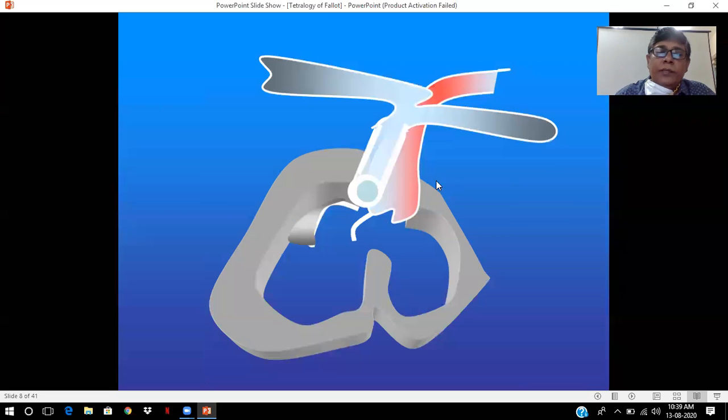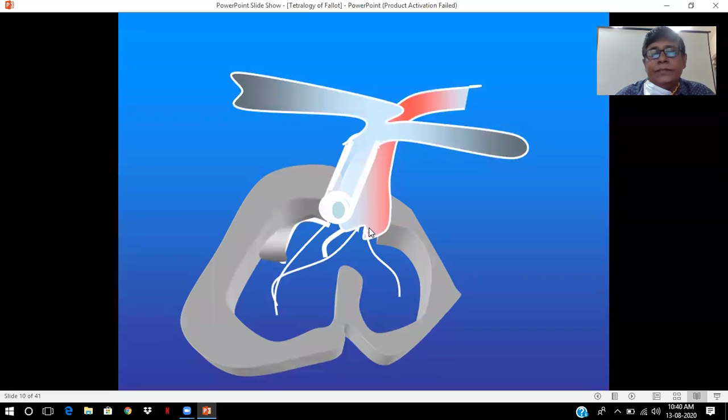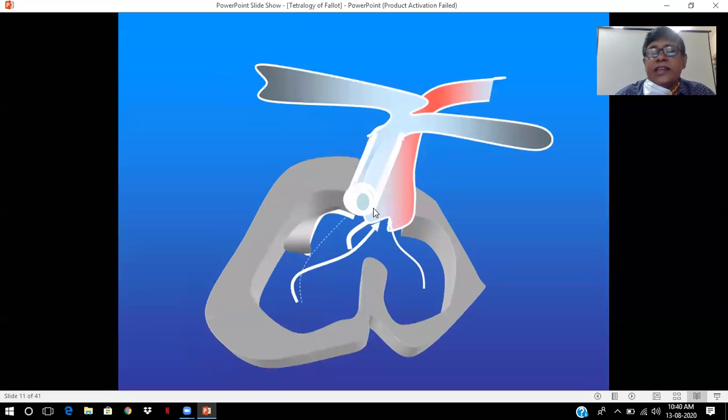Here you see the pulmonary artery bore is good enough and some amount of blood is going through the aortic circulation. Next. Here the stenosis is more, so there is a decreased amount of blood going through the pulmonary artery and much of the blood is going through the aorta. Next. So here the stenosis is severe, only a trickle of blood is going through the pulmonary circulation and most of the blood is shunted through the ventricular septal defect and going into the aorta, and so you get a good amount of cyanosis in the systemic circulation.